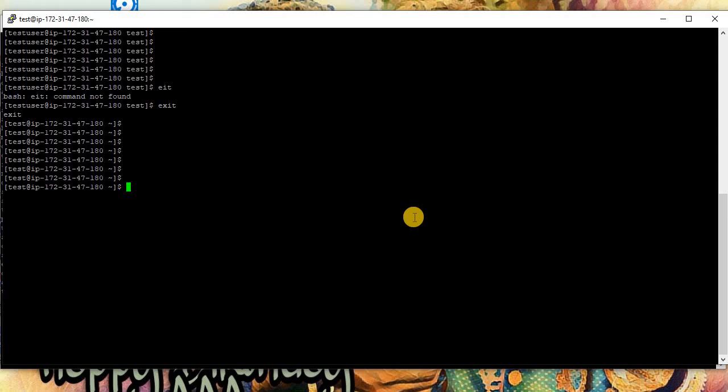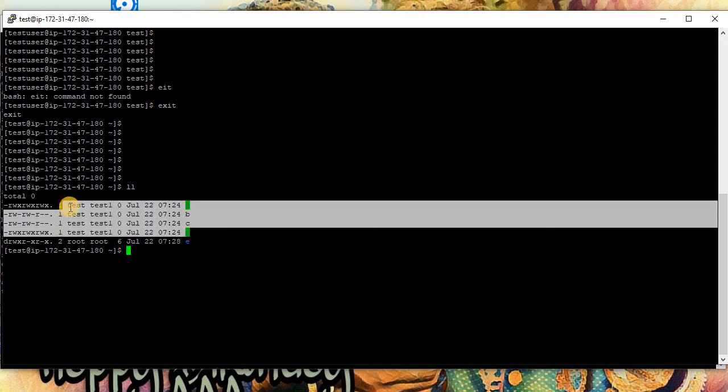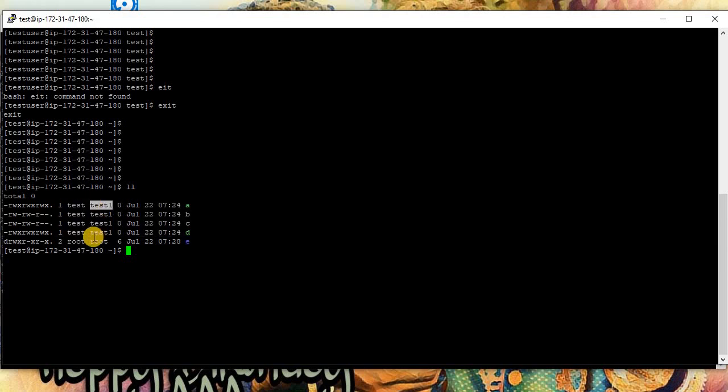Okay, so that's it about ownership and permissions. You should understand that the ownership modification has to be done from the root user itself. The remaining chmod 777 or 755 permissions you can do from any group or user, for files where you are the owner. Here the owner is test and group is test1, but for this one you have to be root again, because the ownership is root and root.